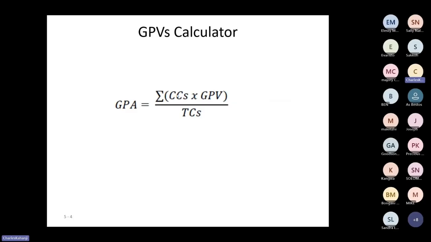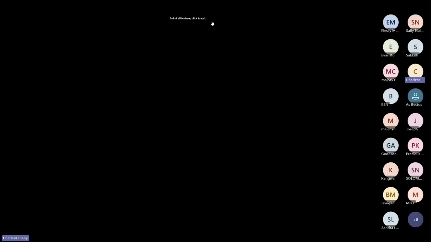So it's a summation of total credits. You multiply by the GPV for each course. Then you sum them up with the total credits. So let's just go through